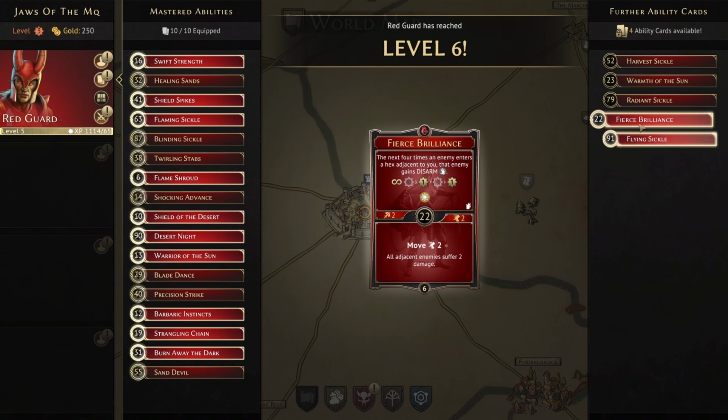So the top of this card I'm not a huge fan of. I think it's a fairly decent control kind of element, and with all of the pull that this character has, it's certainly going to be very easy for you to be able to get enemies to enter hexes adjacent to you. That shouldn't be a problem at all. But having 4 charges of disarm and building your character maybe around shield spikes where you actually want to be attacked does feel a little bit strange. Plus, disarm